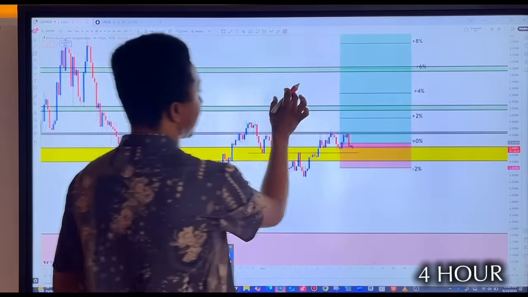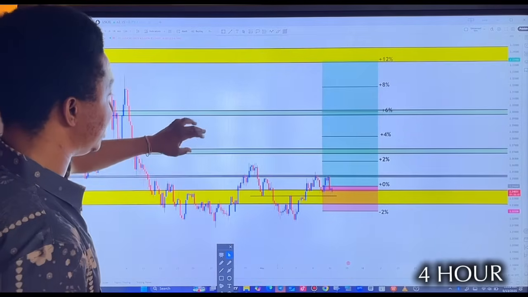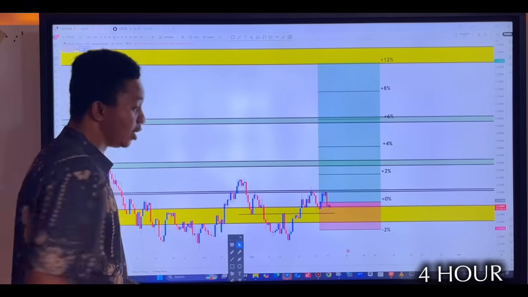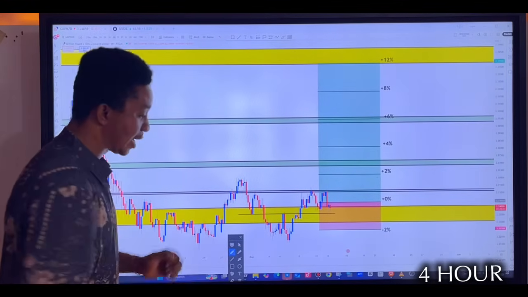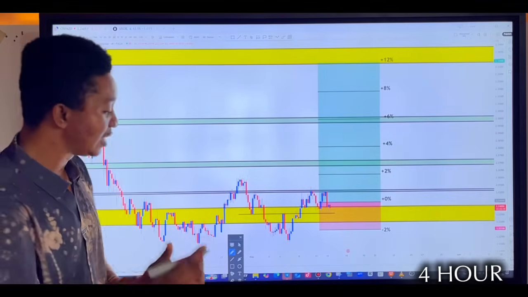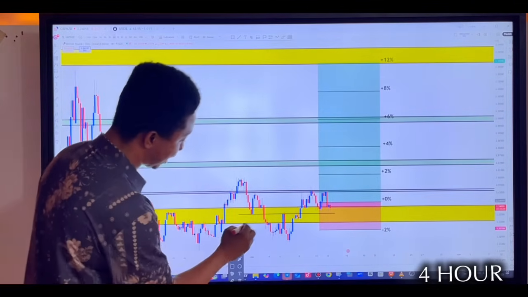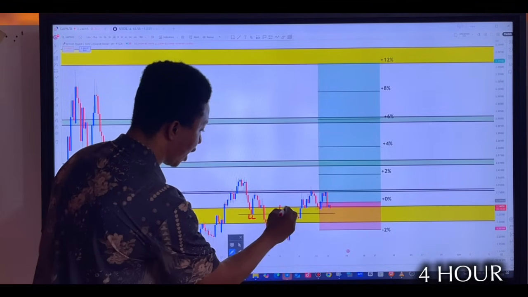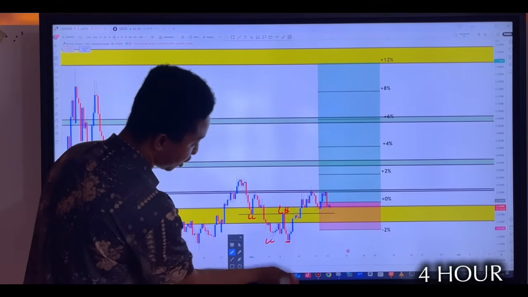Alright, so this is the 4-hour time frame of GBP NZD. Now GBP NZD on the 4-hour time frame. Alright, so on the 4-hour time frame, we can see the price was in a downtrend, but it has broken structure, giving us an uptrend now. So how did it start? Price gave us a new lower low, lower high,